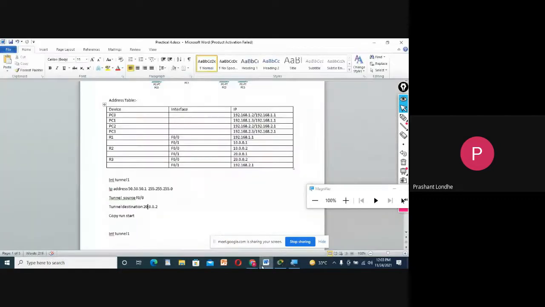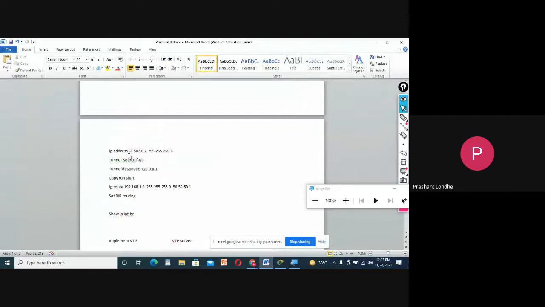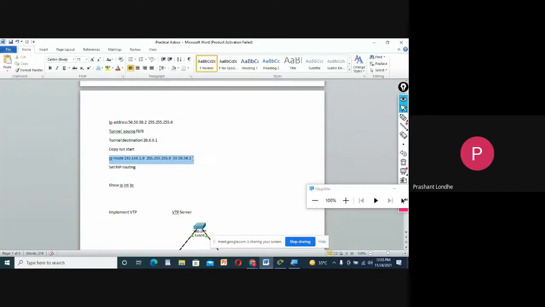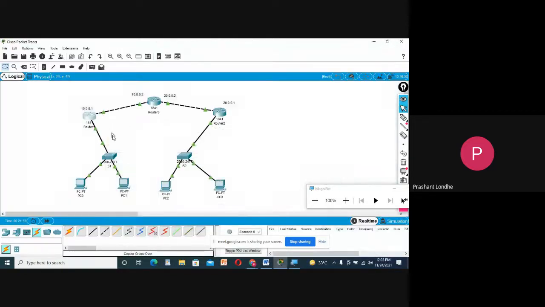Or there is one more alternative. You can just write the IP route like this. So the IP route will be something from 192.168.1.0 will take through this kind of tunnel, and from here again you are supposed to consider the IP address of this tunnel. So one more way is to write IP route, the IP address of this port, or the default gateway of this network, that is 192.168.1.0.